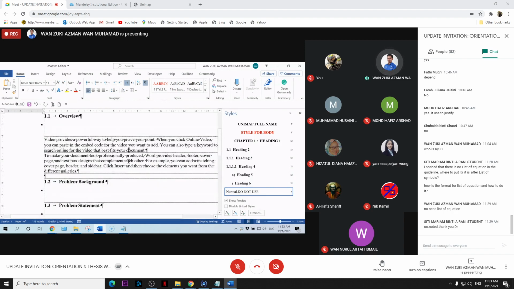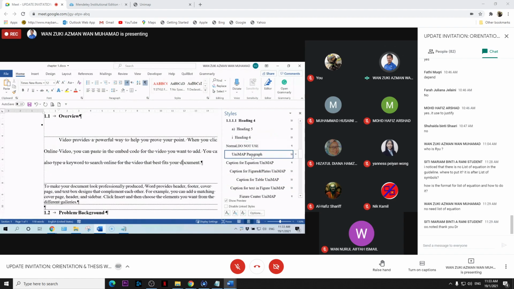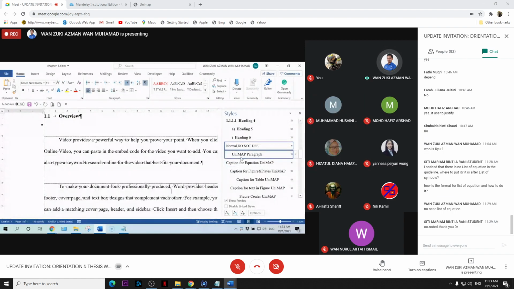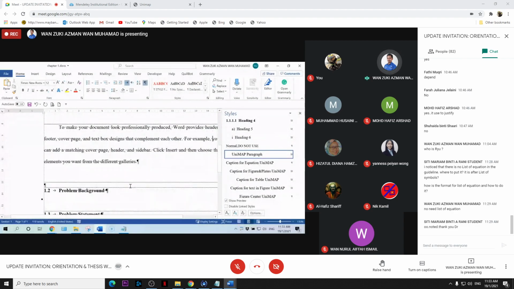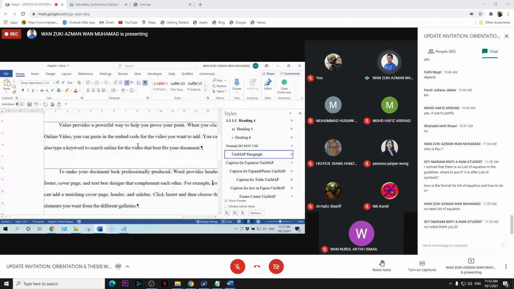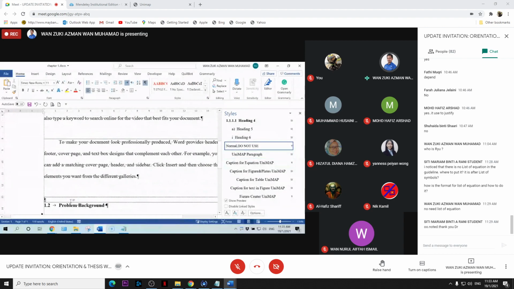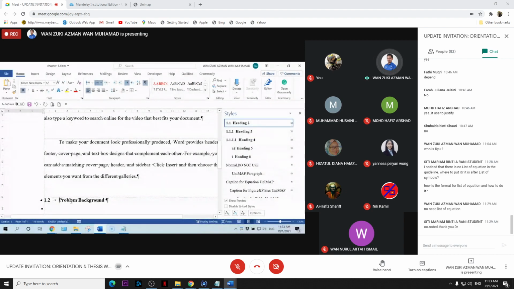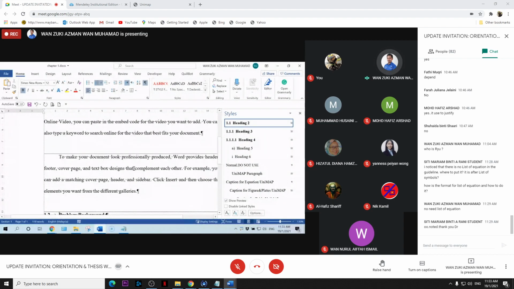So I have two paragraphs here. What is the style for the UniMap paragraph? You select the UniMap paragraph. Only one style. First paragraph, second paragraph, third paragraph, you just use this style. It doesn't matter whether it is the first, second, or last paragraph.